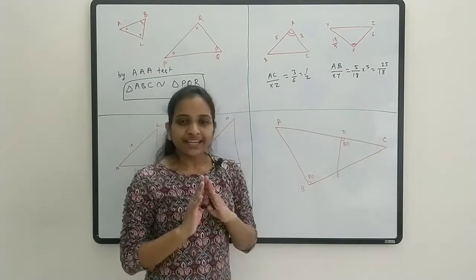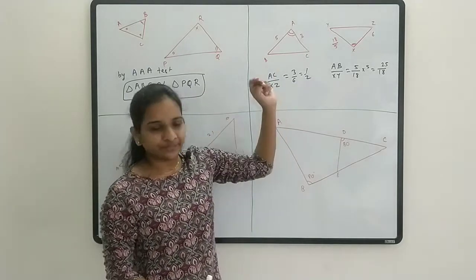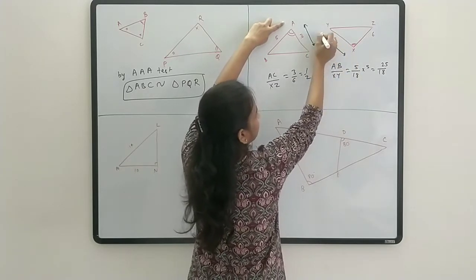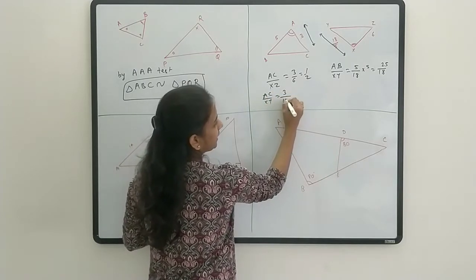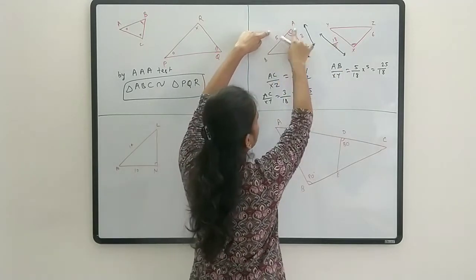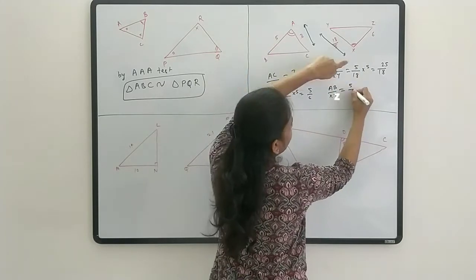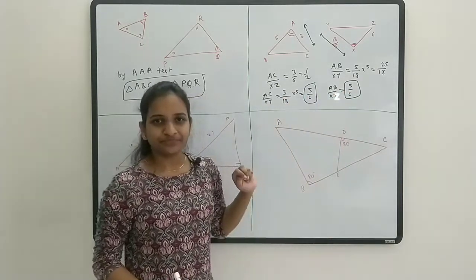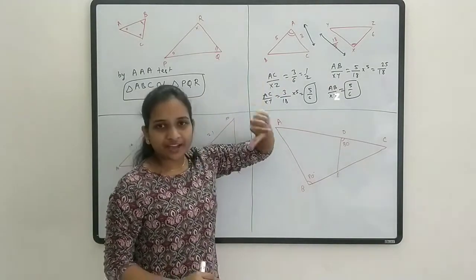Fine. So directly don't make a conclusion that sides are not in proportion. Check another pair. See, check this side AC with side XY. Fine. AC upon XY. It is 3 by 18 by 5, means 5 by 6. Now let's check the remaining side ratio. AB upon XZ. It's 5 by 6. So both sides are in proportion as their ratio is the same. Got it? From the first calculation, directly don't make a conclusion. Check for the other side pair.